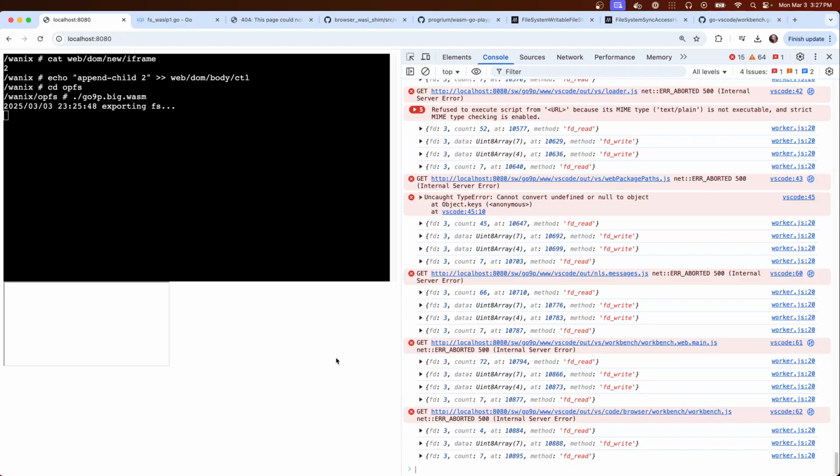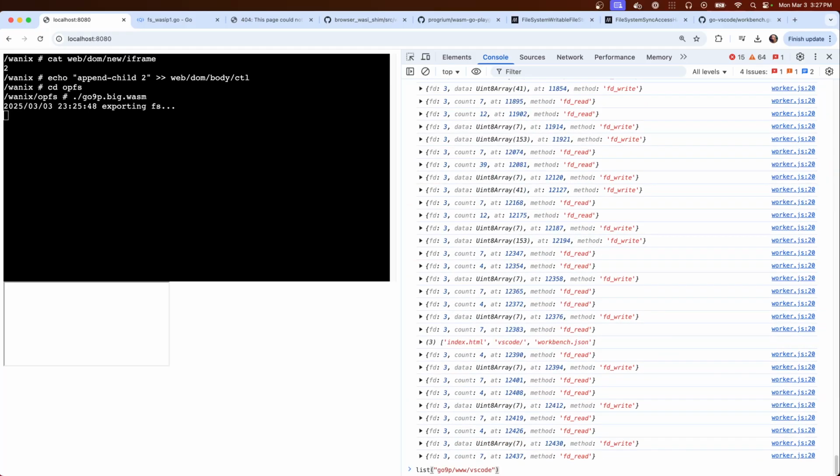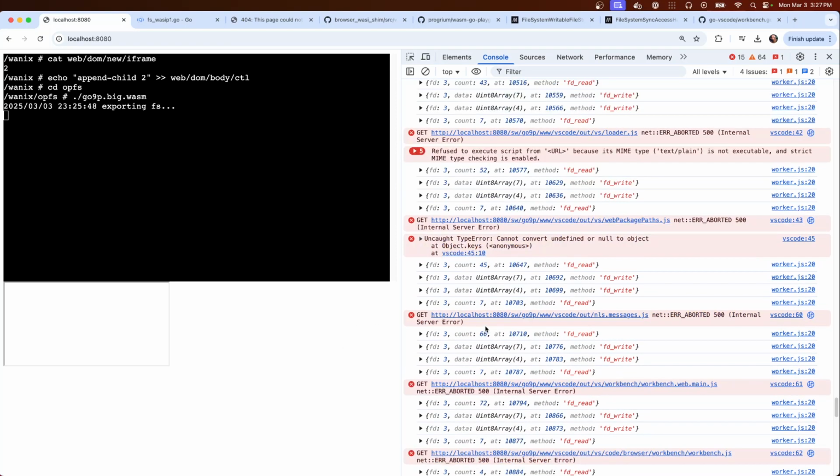Is that correct? What's going on here? VS Code. Oh, okay, they needed double VS Code. VS Code. Package paths.